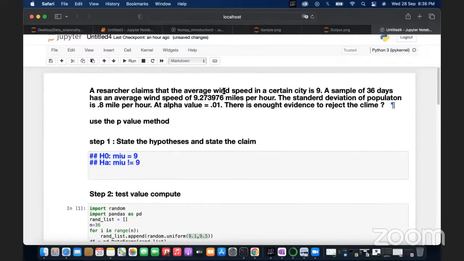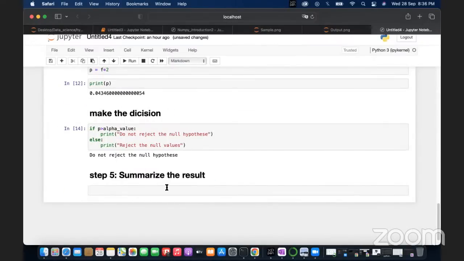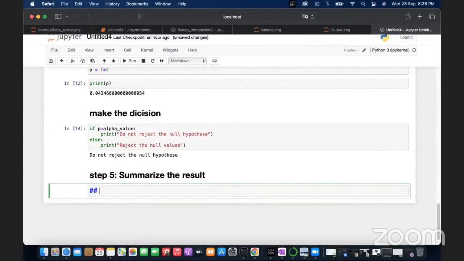That means this claim is useless. So we can write here that there is not enough evidence to reject the claim